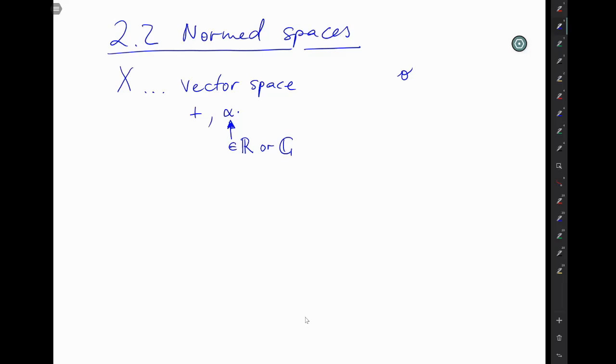Then you have a whole lot of rules for how plus and alpha times play with each other and are compatible. After all, I think a vector space is defined by something like 8 or 9 axioms or rules, just like we had 3 rules for a distance function. Here you have 8 or 9, and you did them in linear algebra too, so let's not repeat all of that. Okay, vector space. So examples,